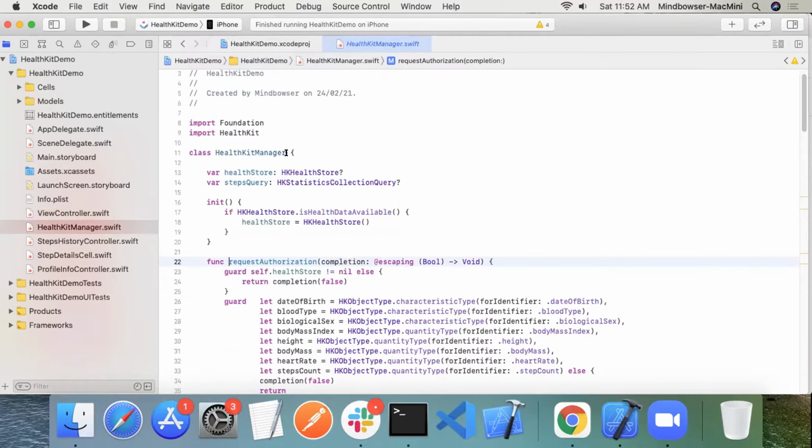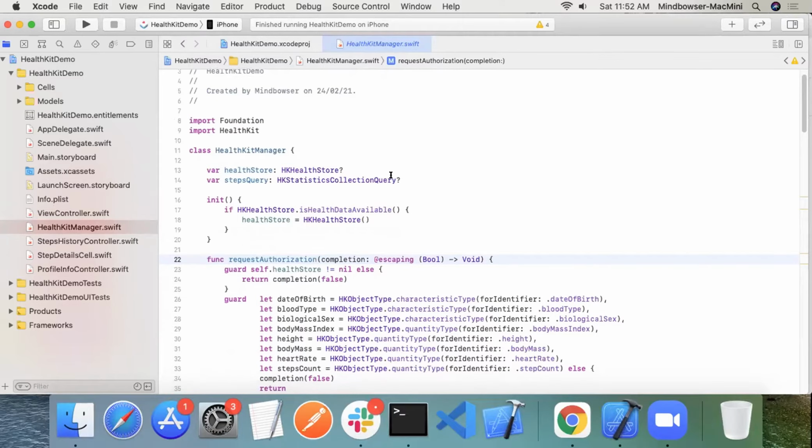So it is the HealthKit manager class. Here we have an object of HKHealthStore. Basically, it is the access point for all the data managed by HealthKit. So we use the HKHealthStore object to request permission to share or read the HealthKit data. Once the permission is granted, you can use the HealthKit store to save a new sample to the store or to manage the samples that your app has saved.